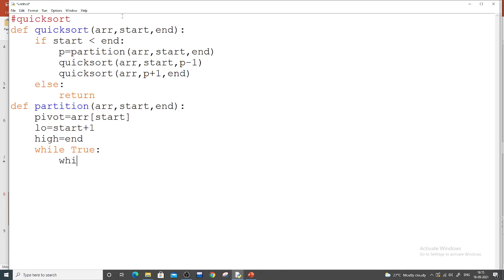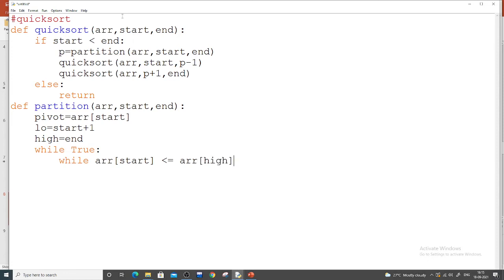So I will put a while loop: while array of start, that means the pivot data, is less than or equal to array of high, that means array of high must be greater.